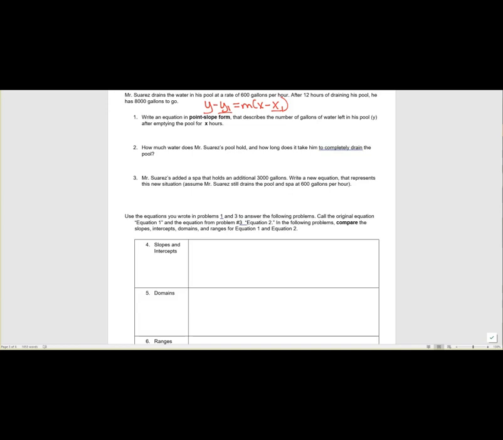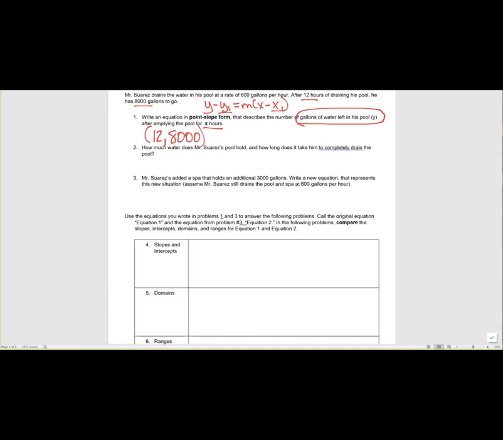Well, they tell us that x is the hours, and they say here that at 12 hours, he has 8,000 gallons to go, and y is the number of gallons of water. So by telling us that at 12 hours, he has 8,000 gallons to go, they're giving us a point that this line needs to go through, that point being the point 12,